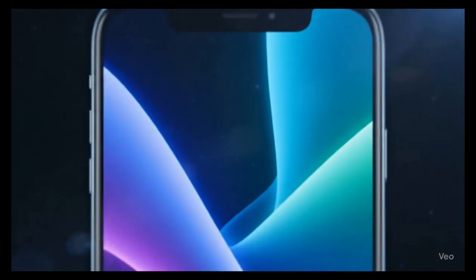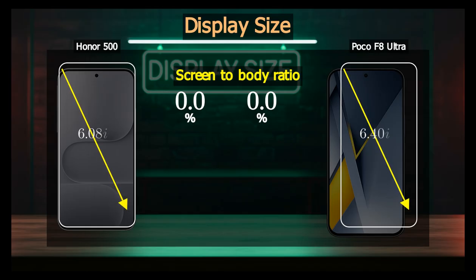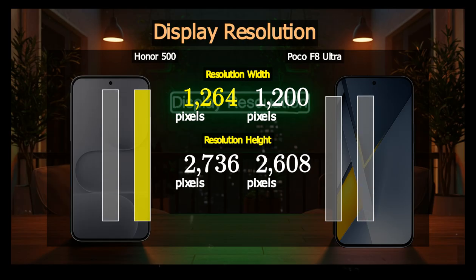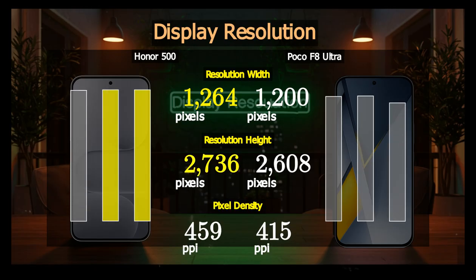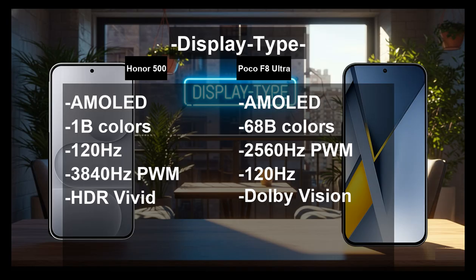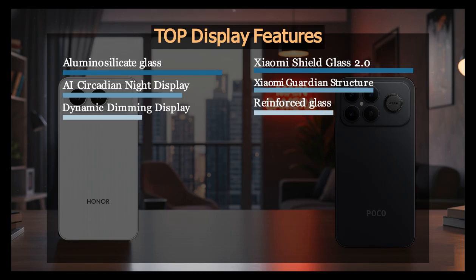Starting with the display, Poco F8 Ultra takes the lead with a larger 6.9-inch AMOLED screen featuring Dolby Vision, HDR10+, and a peak brightness of 3500 nits, offering vibrant colors and immersive viewing. Honor 500 counters with a slightly smaller 6.55-inch AMOLED display but boasts a higher peak brightness of 5000 nits and a 3800 Hz PWM, which means better visibility even under direct sunlight and less flicker for eye comfort. Both have 120 Hz refresh rates, but Honor's superior brightness and eye comfort tech make it ideal for outdoor use